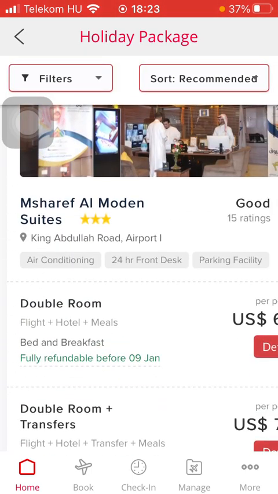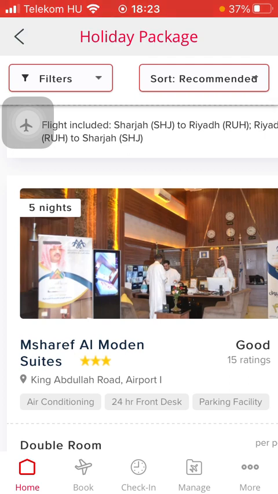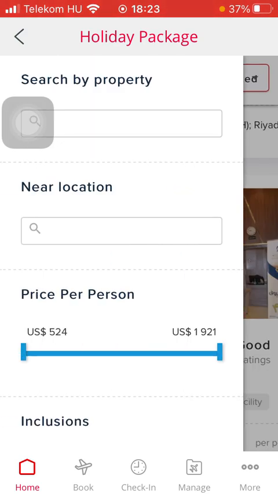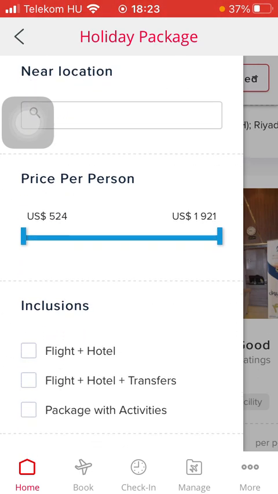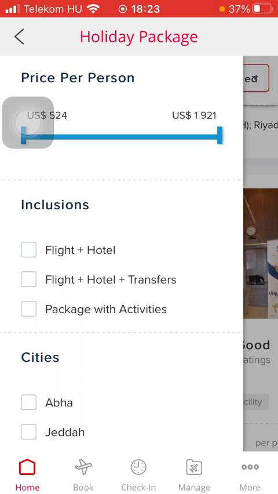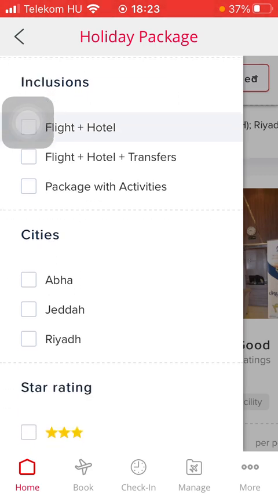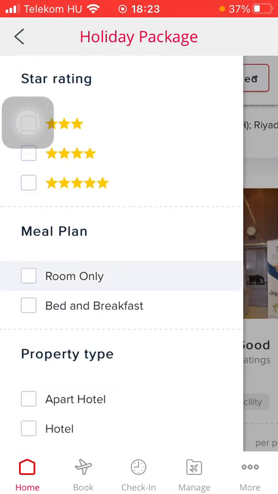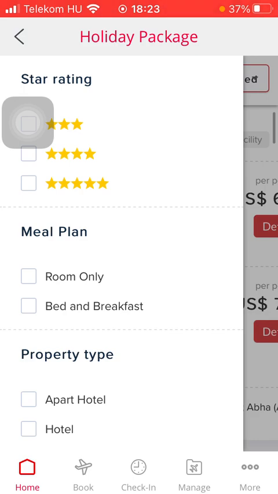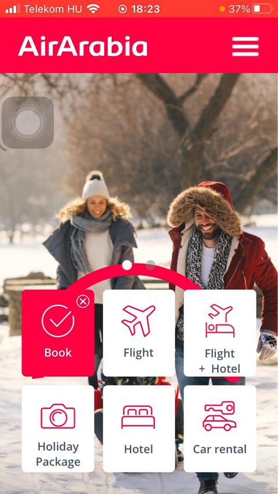So if you are interested in any of these, just tap on the relevant one, and you can also use filters at the top. So you can search by property, near location, you can set the price range on this slide. Also the inclusions can be added, such as flight plus hotel, transfers, package with activities. You can also set the cities, the ratings, meal plans and the property types too, and then you can narrow down your search according to these